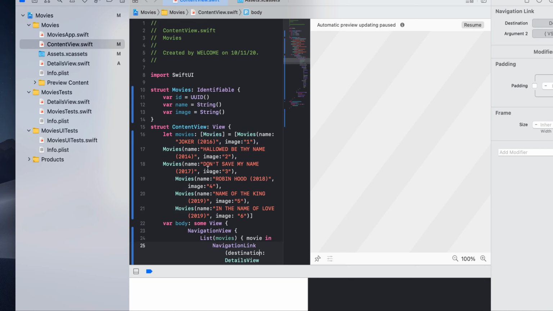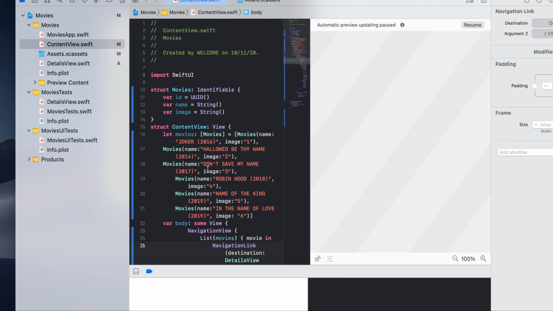You should be very familiar with this, because I've been telling you about the structure. Like I told you, the structure is the first class citizen of SwiftUI, and you can see the structure Movies, Identifiable.